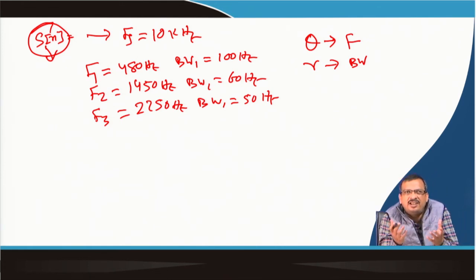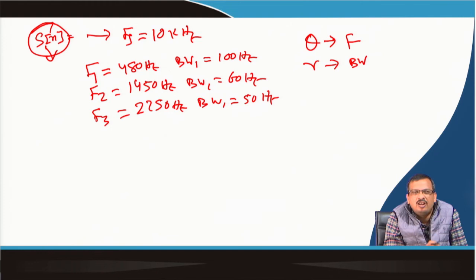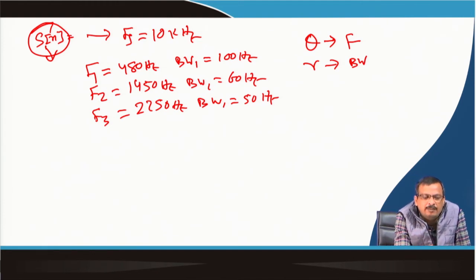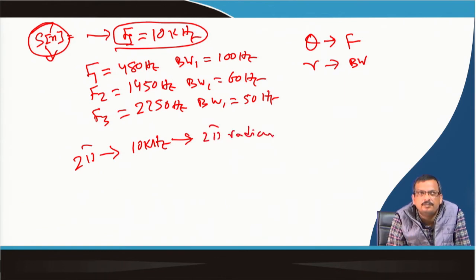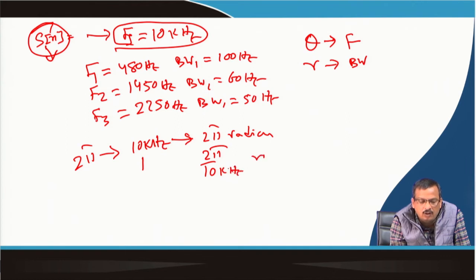As you know, in the first class I talked about the normalized discrete frequency. If the sampling frequency is equal to 10 kilohertz, then the maximum rate of oscillation is 2 pi. So, 2 pi corresponds to 10 kilohertz, or on the other hand, 10 kilohertz corresponds to 2 pi radian. Then 1 hertz corresponds to 2 pi by 10 kilohertz radian, or nothing but an Fs.